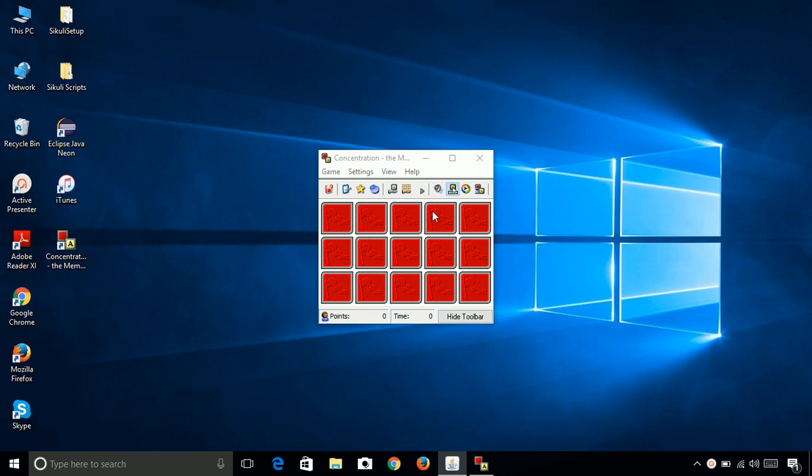I have this game installed on my machine, that is Concentration. We have already played games like this, where we have to match the flags. So we need to match the flags. So we are going to make an Eclipse script which will do this for us. So let's navigate back to our Eclipse IDE to make this script.